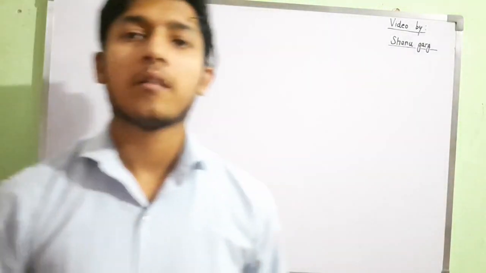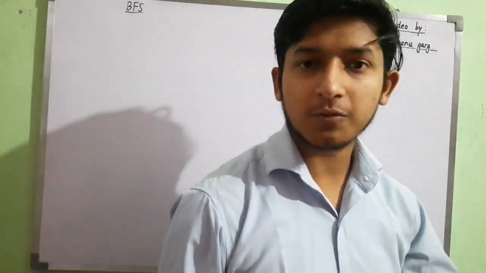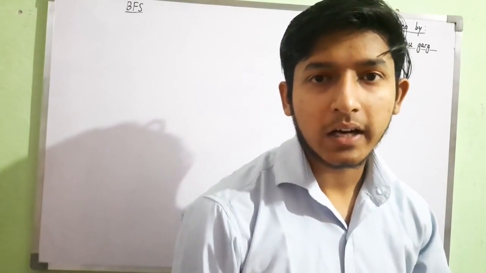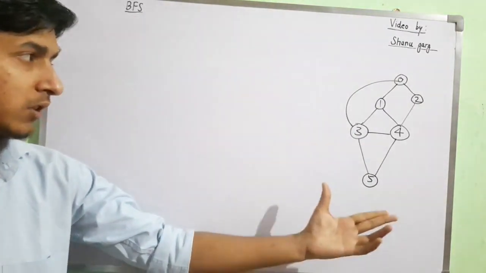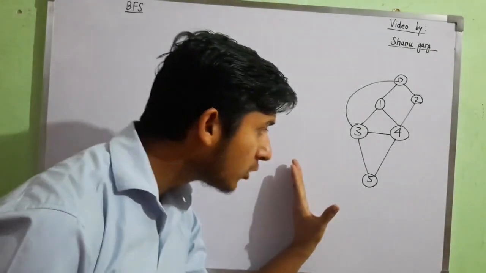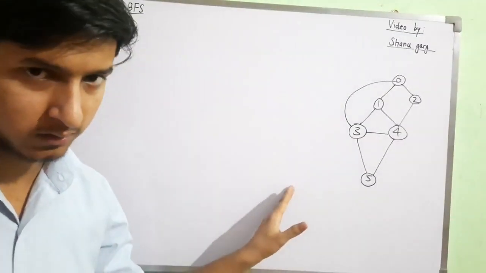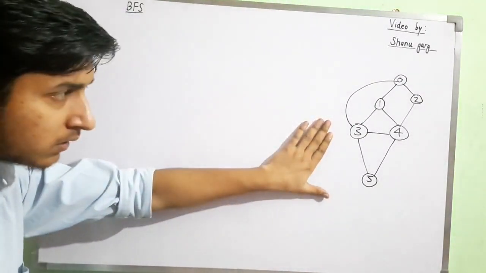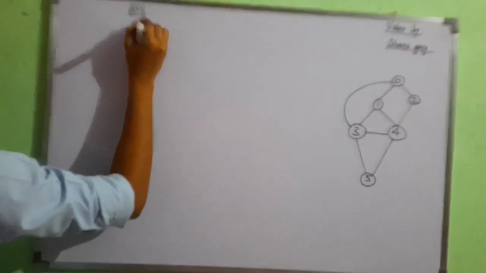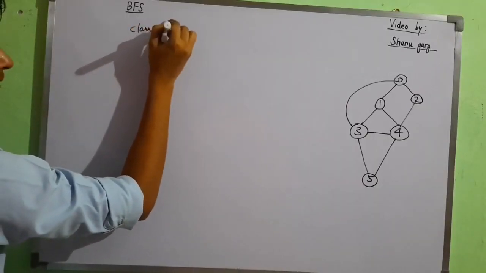In DFS we are just exploring children completely first, then we'll move to grandchildren, then explore the entire generation of grandchildren, and after that the next generation, this way completely. Suppose this is the graph that I have now for this question. Now two things that I'm going to do with C++ code here. Firstly, I'll make a class for this graph. Okay, so let's start. I have a class named graph,